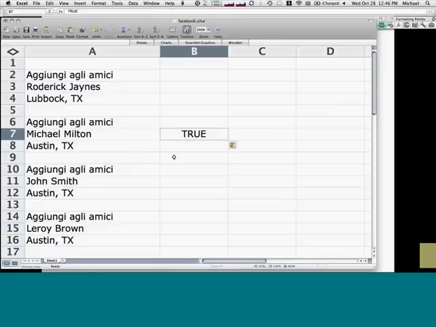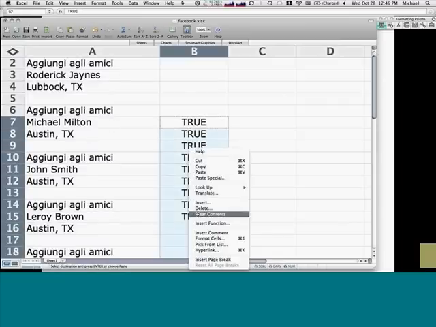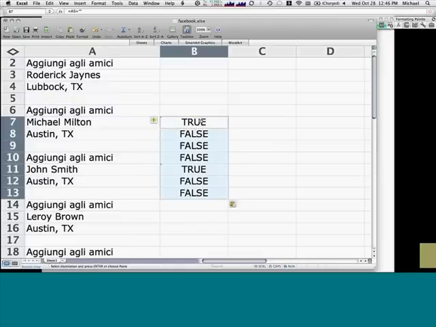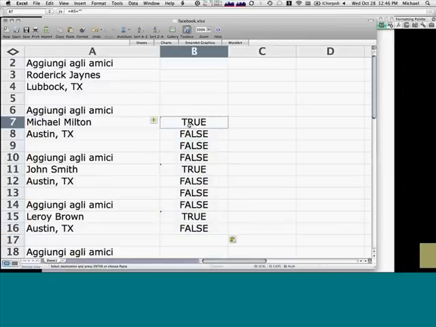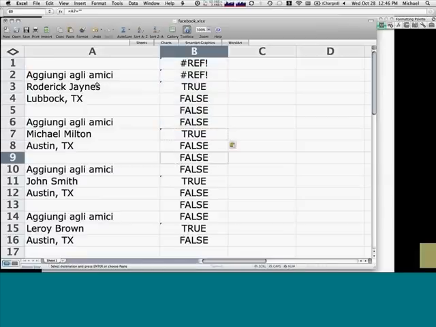Oops, sorry. Let me copy and paste this real quick. Actually, I was just typing too fast and did something screwy, so let me just do that again. So this says true here. If I copy and paste that down, actually that works really well. So as you can see, it's returning the true value only for elements that have a name in the column. So this is exactly what I want to happen.